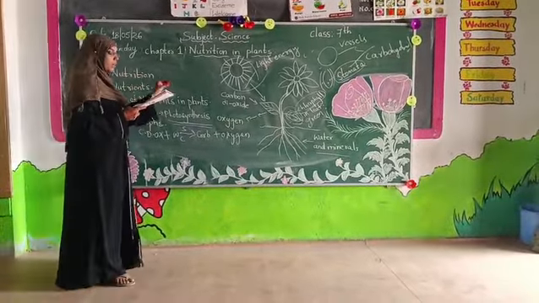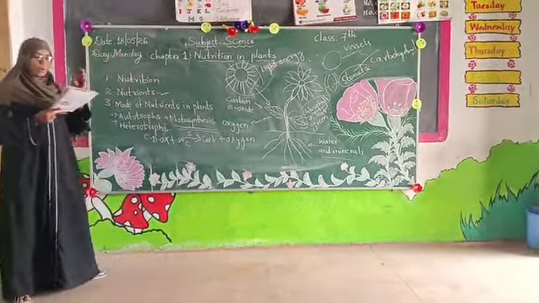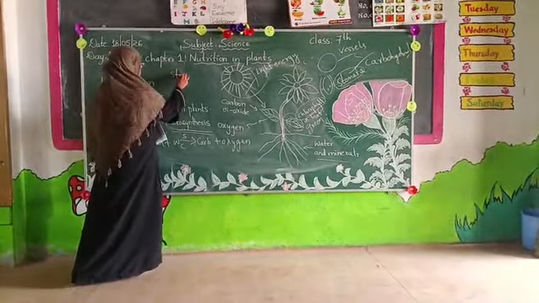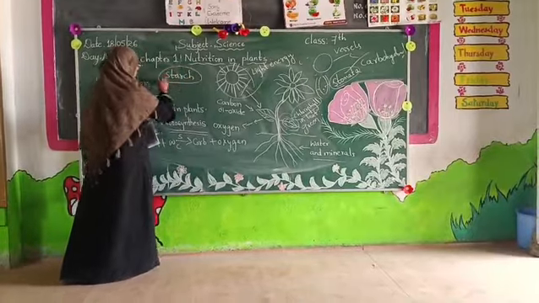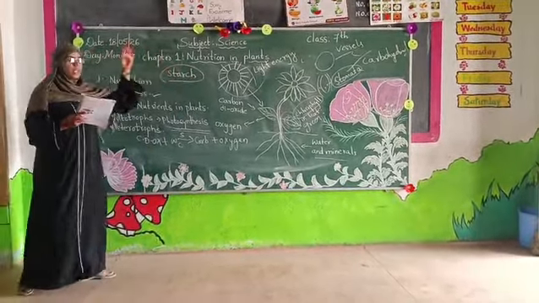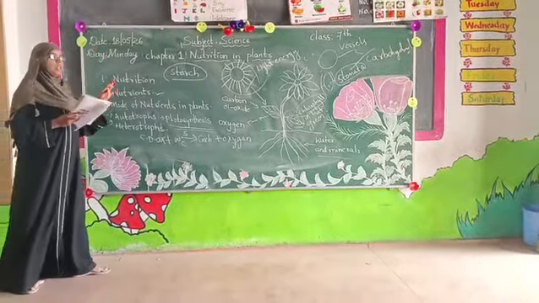The presence of starch in leaves indicates the occurrence of photosynthesis. And here you come across the word starch. It is nothing but a carbohydrate which has no color, it is colorless, odorless